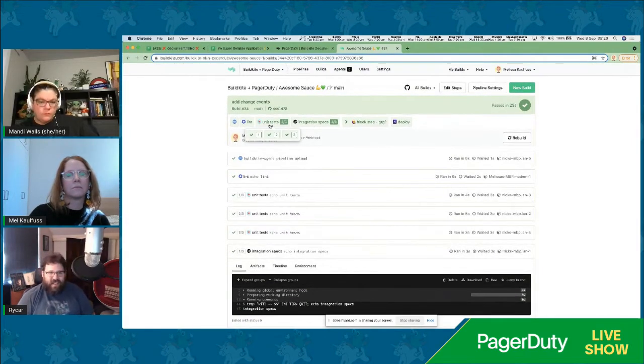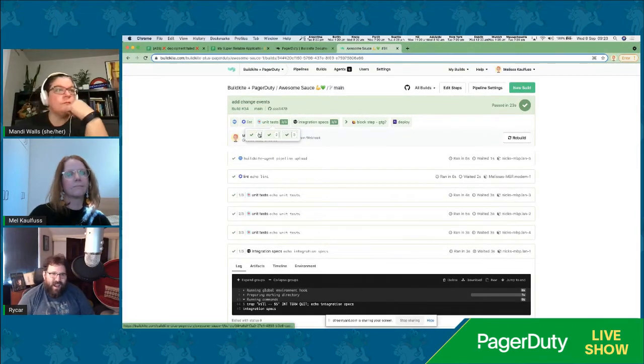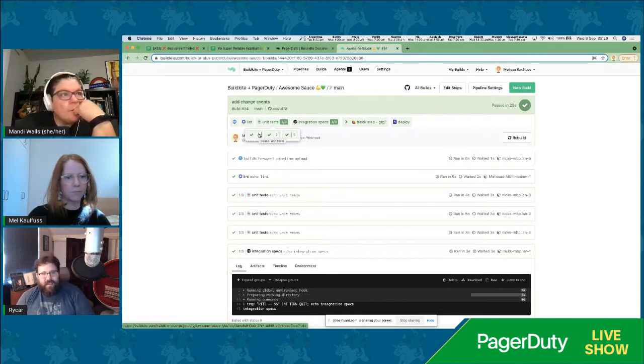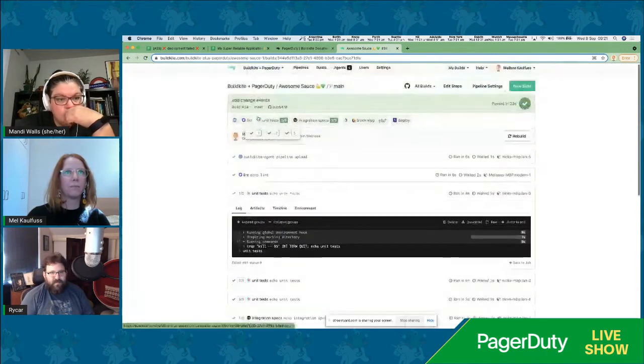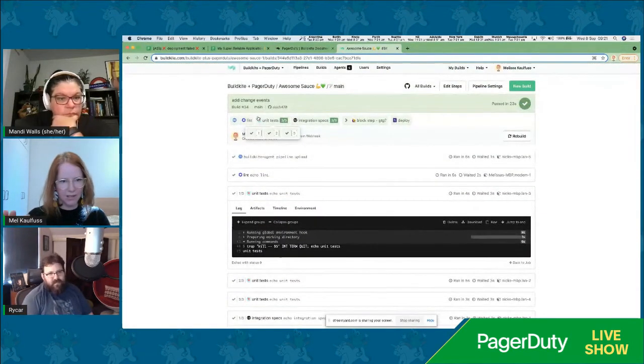That's an interesting thing you see here, where we have a multi-step test in Mel's pipeline. It can break that down into its assorted components. Absolutely. In real life, this is a godsend when you've got a test suite that runs for 40 minutes. You split your unit tests and run them across separate agents, and it's lightning fast.